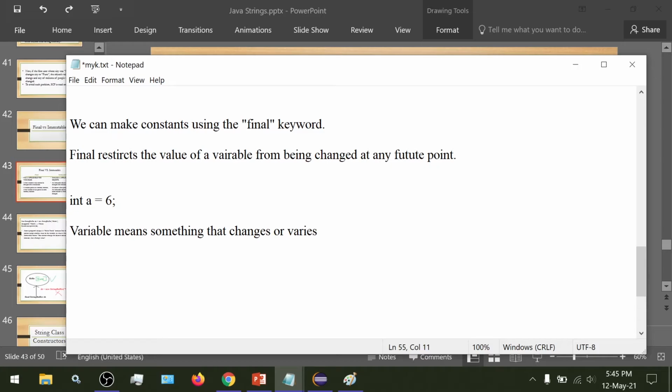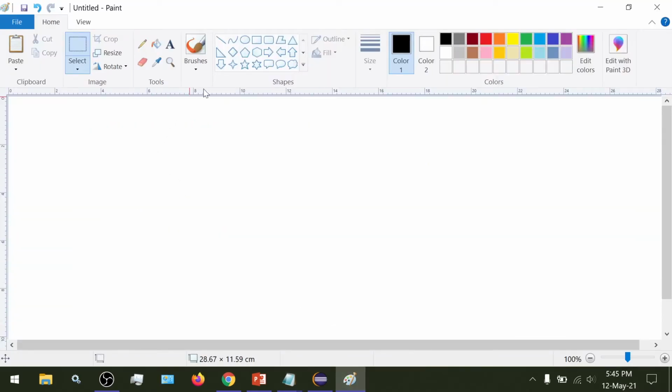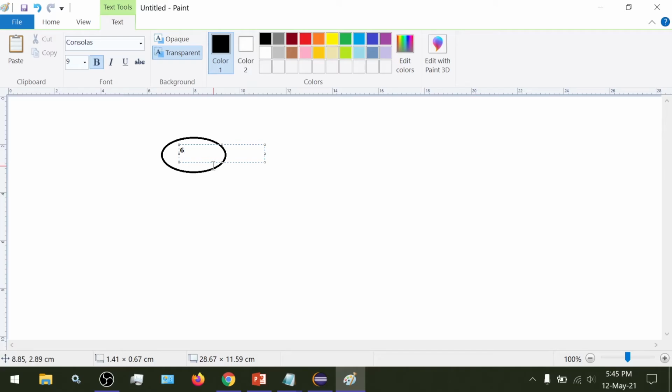But if we want to restrict the change to a's value, if we want to say that the value of a should remain constant and should never change at any future point in the program, then we would declare our variable a as final. So when we declare variable a as final, the value assigned to it cannot be changed. So here we see here